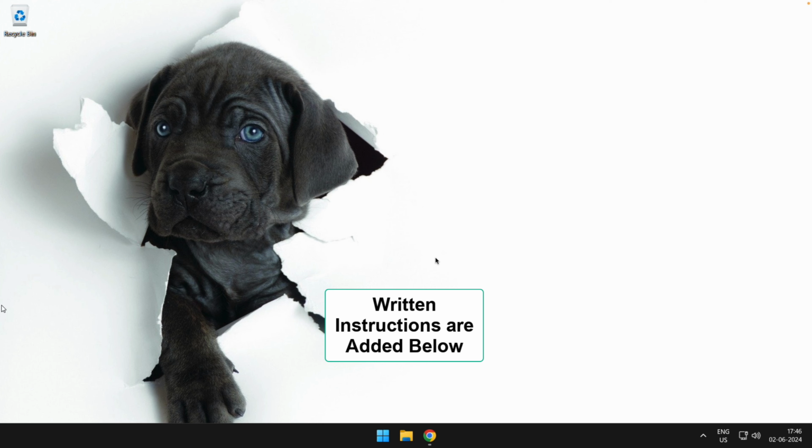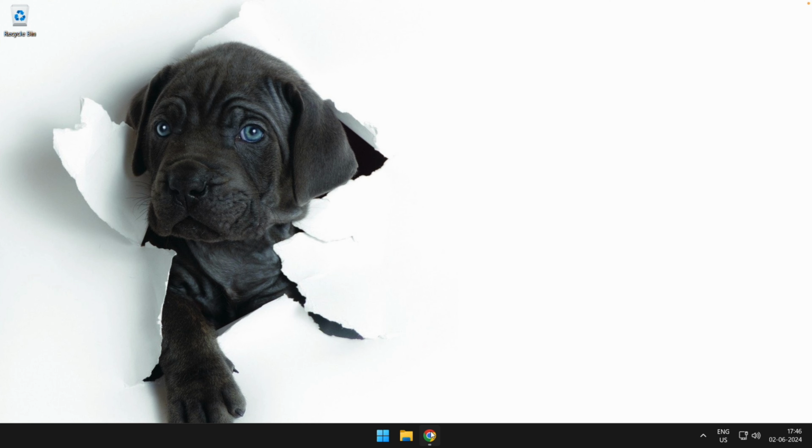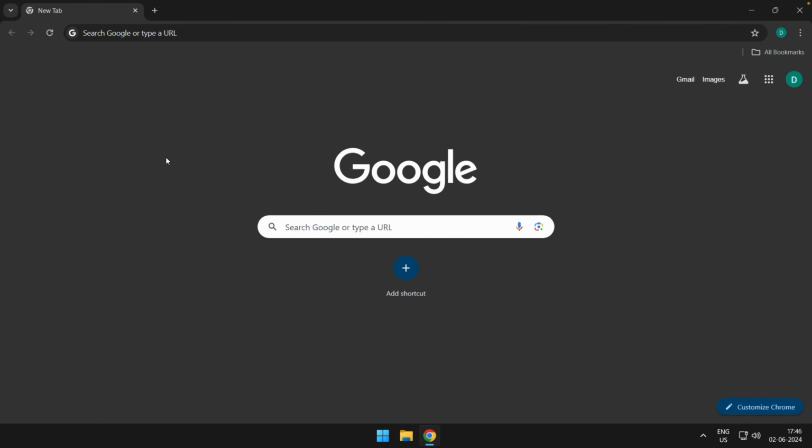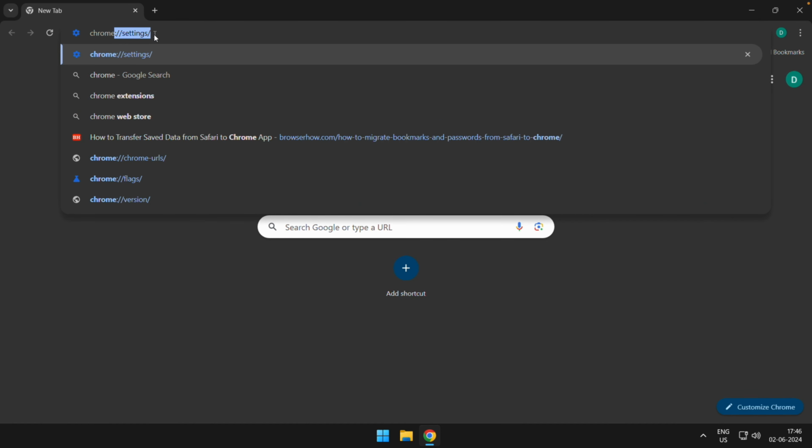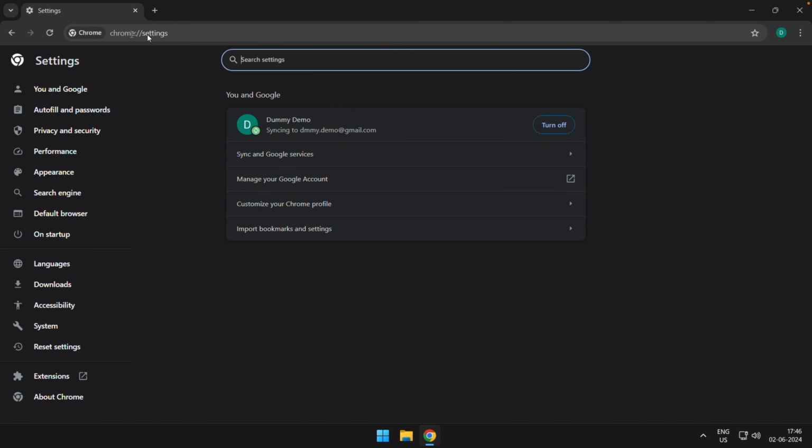In this video, we are going to learn how to change the pop-up blocker settings in the Chrome app on computer. By default, the Chrome browser is set to block all pop-ups. However, if you want to disable it or customize it according to your needs, you can visit the Chrome settings